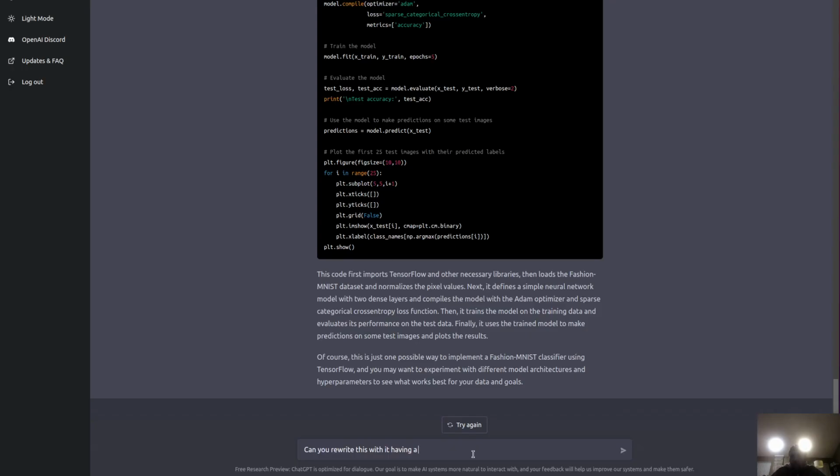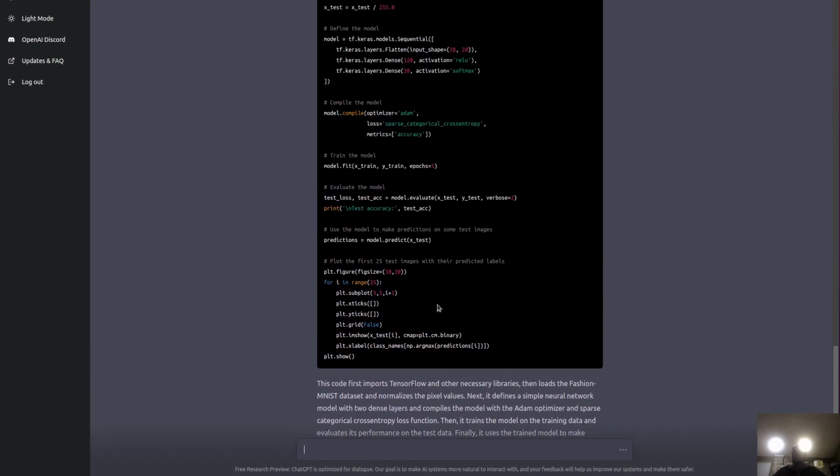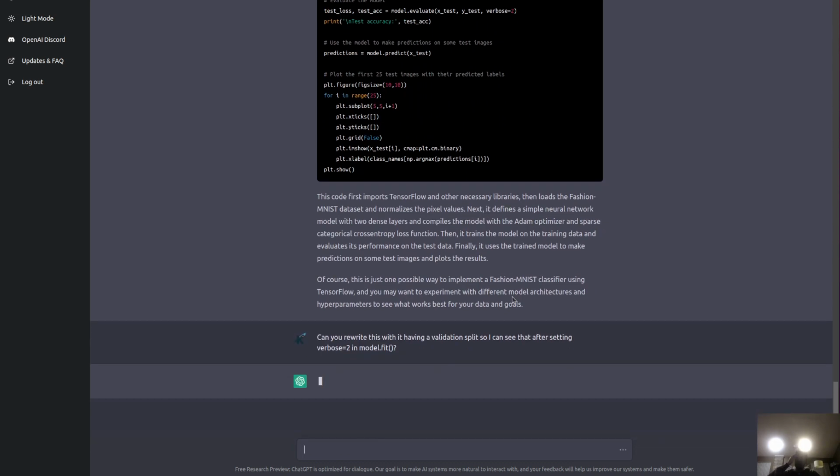Can you rewrite this with it having a validation split so I can see that, after setting verbose to 2 in model.fit. I assume they did model.fit. Yeah. Thinking a little harder about this one.